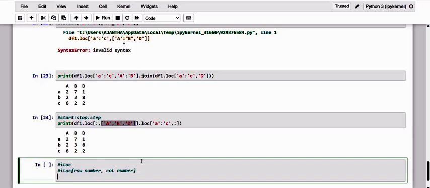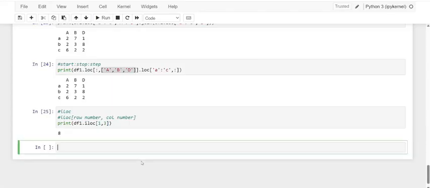If we want to select a single element, it will be enough to add its numerical coordinates of the corresponding position. So I'm going to give print of df1, which is our data frame, and provide the integer values, the numerical values, here 1, 3. Of course, if we want to select a subset of the data frame, we can use the slicing technique.